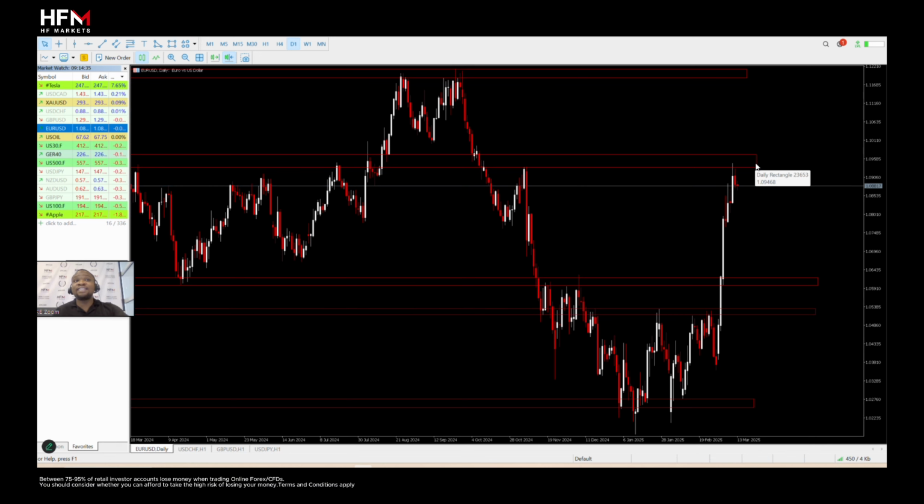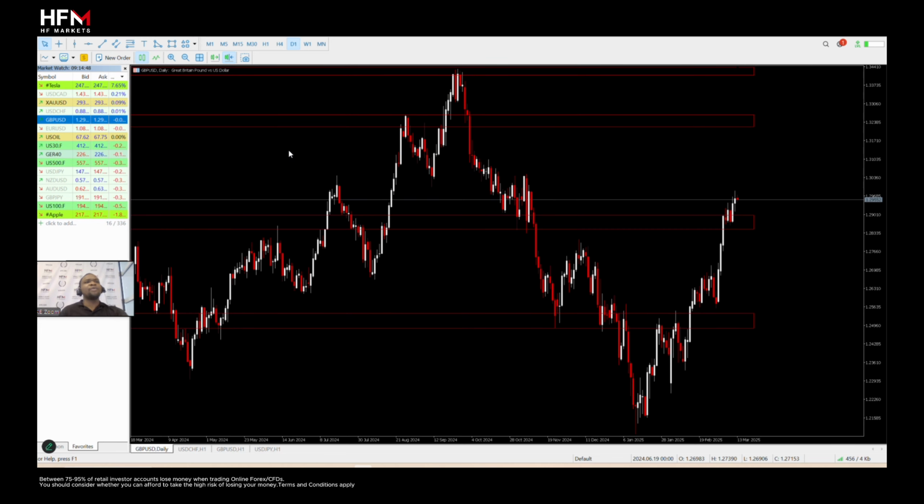Would want to see it retest and possibly break this area of interest to support the narrative of a weakening dollar and a strengthening euro, as it seems. A similar scenario we are likely to see on GEU. GEU most of the time is ahead of Euro USD. Slightly, they are positively correlated, but GEU will tend to move a little bit faster than EU.